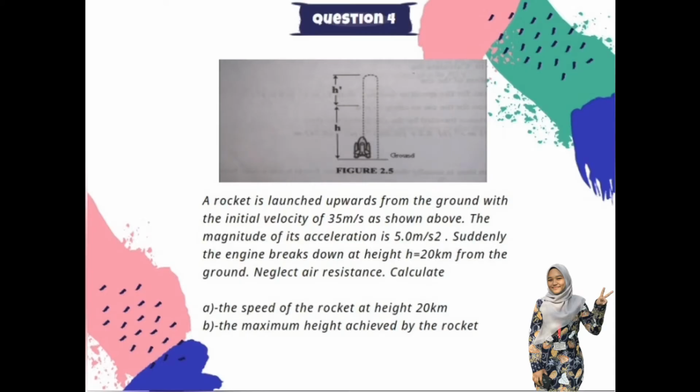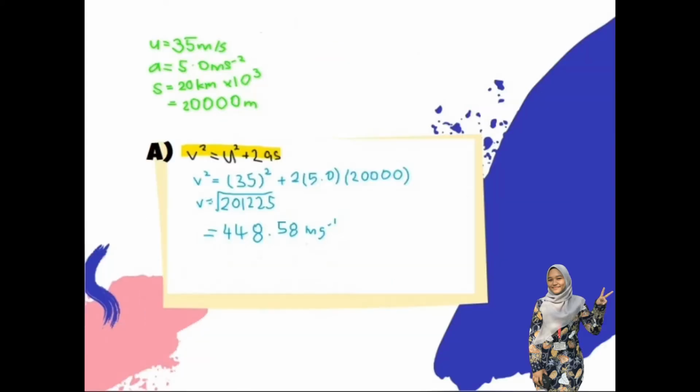Neglect air resistance, and calculate the speed of the rocket at height 20 km and the maximum height achieved by the rocket. Okay, as given, u equals 35 m/s, a equals 5, and s equals 20 km. We just change it into meters and we get 20,000 meters. Okay, for part a, just use the formula v squared equals u squared plus 2as, and substitute the values and we get v is